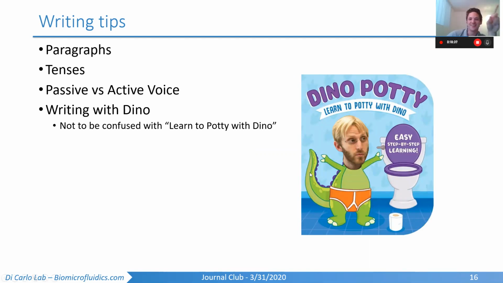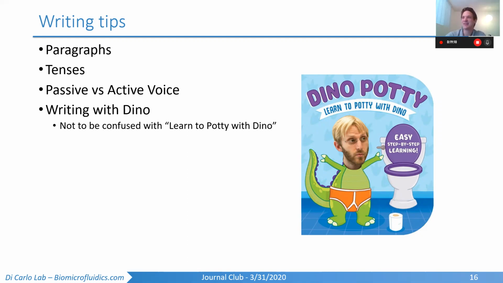Good thing Dino's not here right now, so this is great. I don't know if you've seen this. This is in their downstairs bathroom. Which bathroom? The downstairs one. With Dino's face? No, I did some Photoshop yesterday. I was feeling inspired. We can make a new one. It could be like writing with Dino, and then we